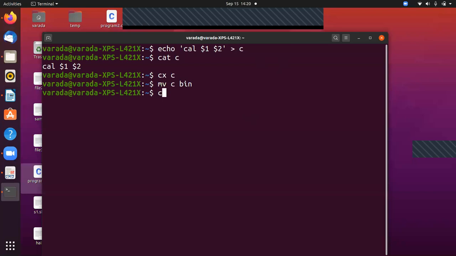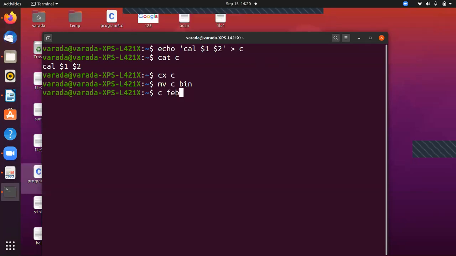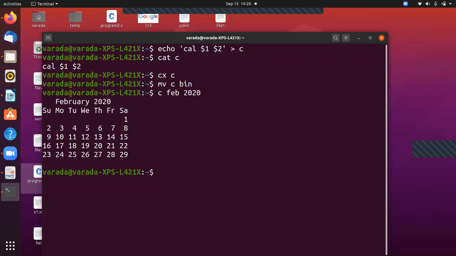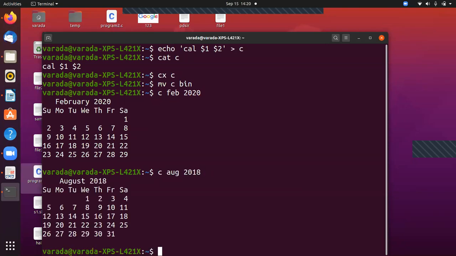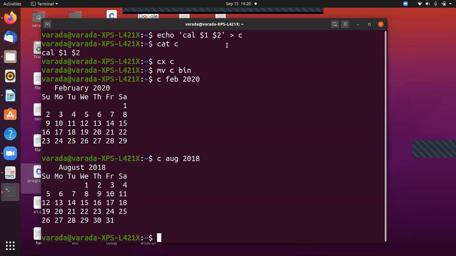Now you can give C February 2020. It displays February 2020. Okay, if I give C August 2018, it displays August 2018. I hope you all understand how I can make these commands.